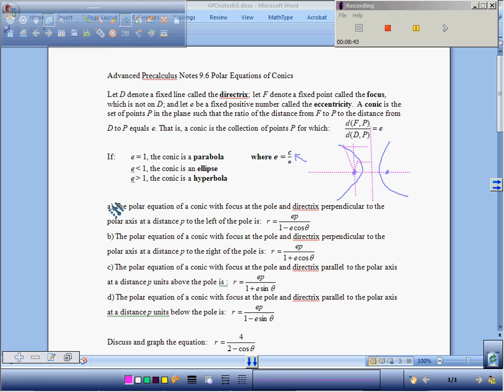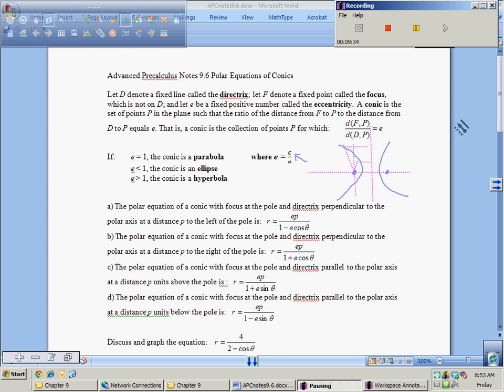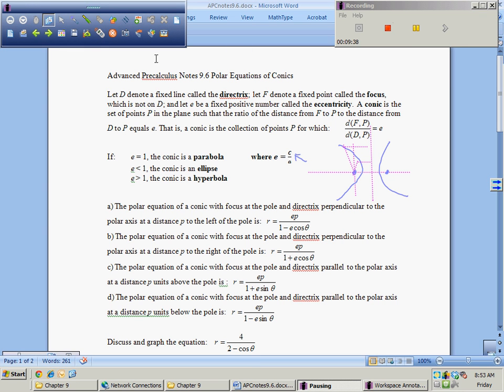And I think on a test, I'll give you all these formulas, because they're hard to remember, and I can't remember them either. So I'm going to break out my notes now. The first one that we're going to look at is